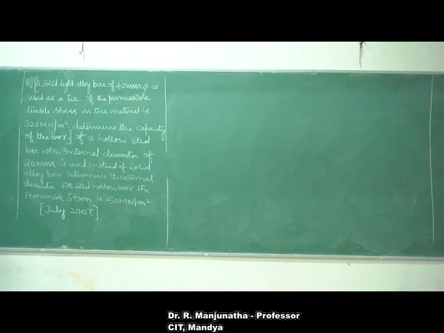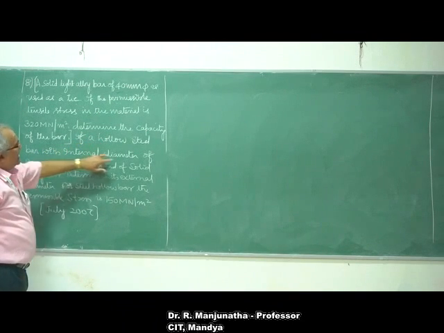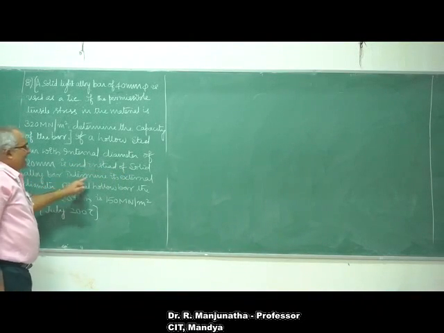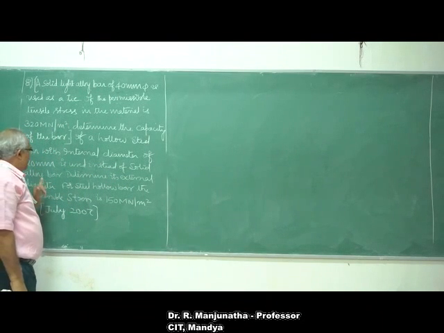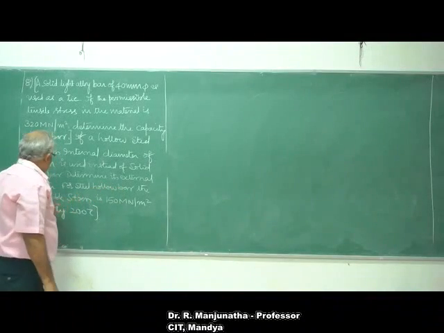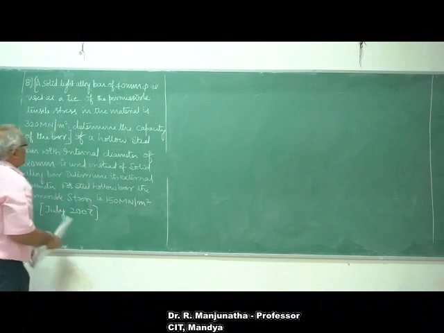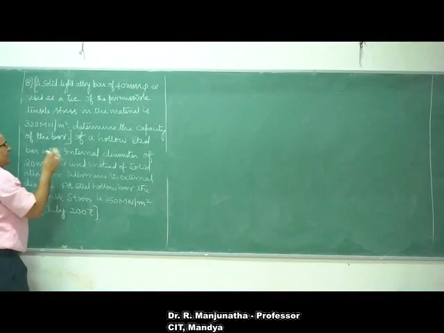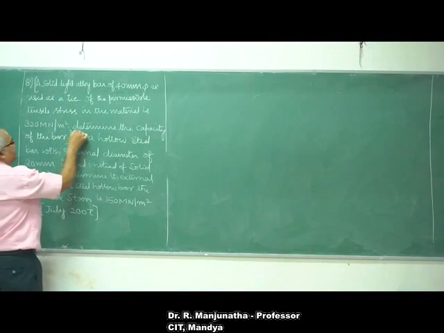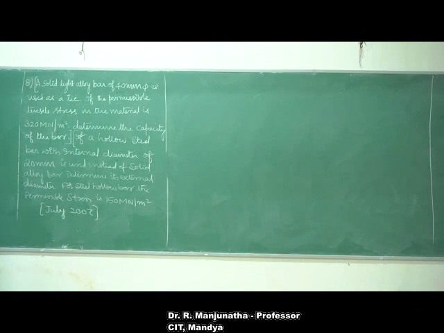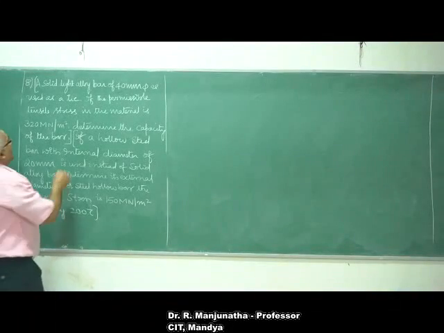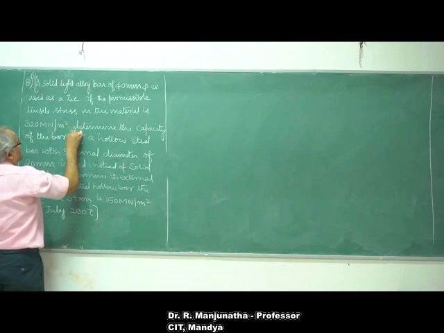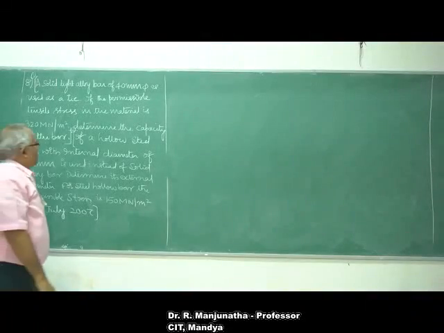Then the second part of the problem is, if a hollow steel bar with internal diameter of 20 mm is used instead of solid bar, determine its external diameter. To determine the external diameter for the steel hollow bar, the permissible stress is given. Here the load is not given, but the load which we find out from the solid bar, we apply the same load here to find out the external diameter. So this is the one stage of the problem, and this is the second set of the problem here. Now we will go to split this.